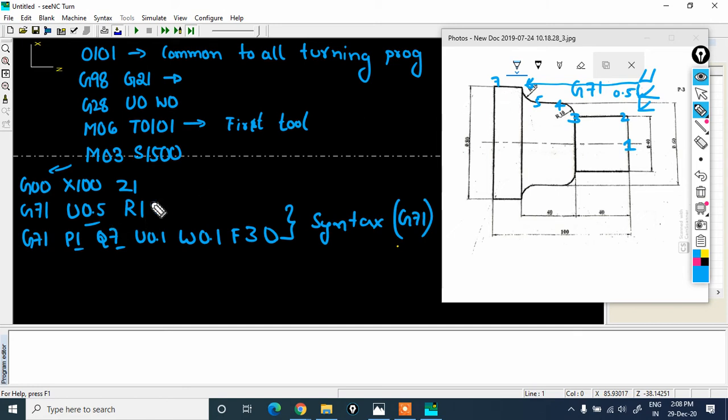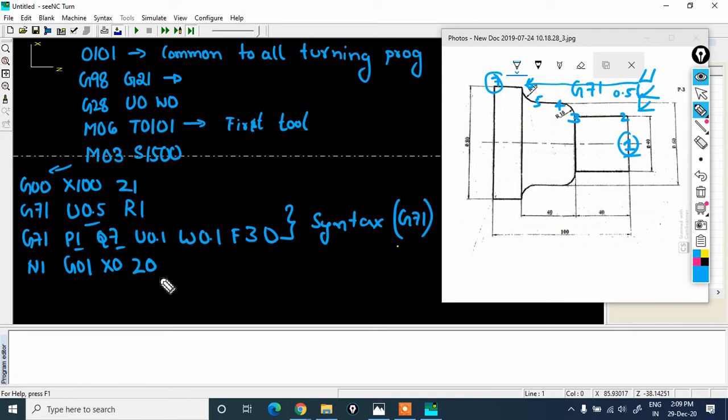Okay, that is, P1 refers to the first block, Q7 refers to the last block. So let us see how many blocks are required, starting with N1. Okay, first block is, so first coordinate you need to define. So that particular coordinate is 0, 0. So here the cutting action is taking place. Change it to G01 X0 Z0.